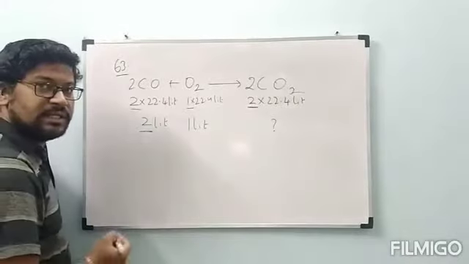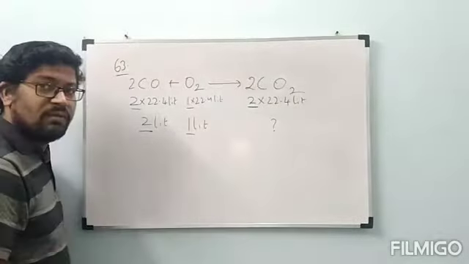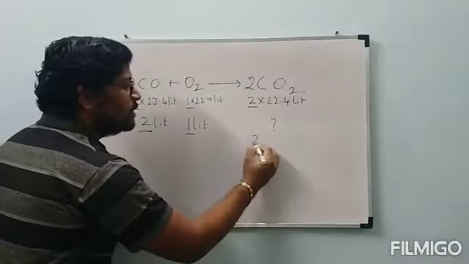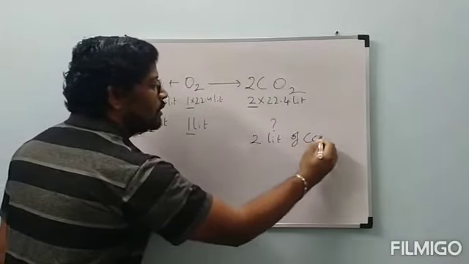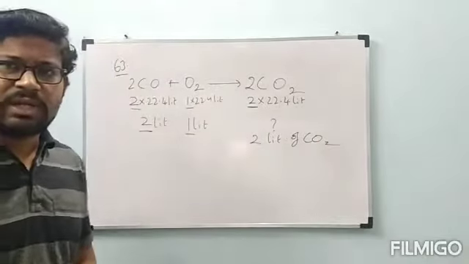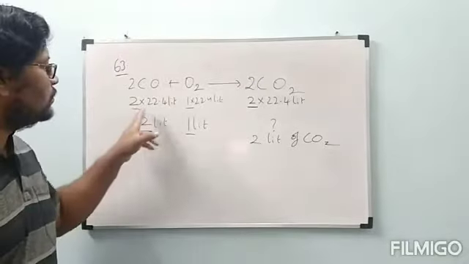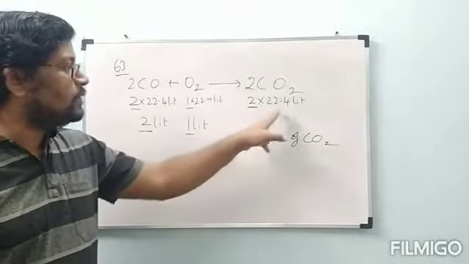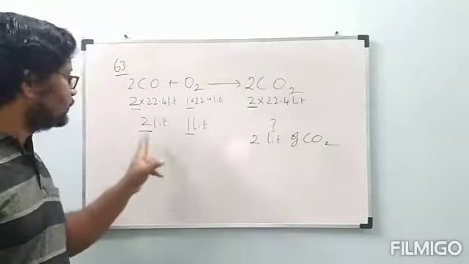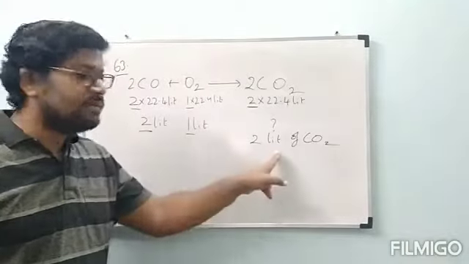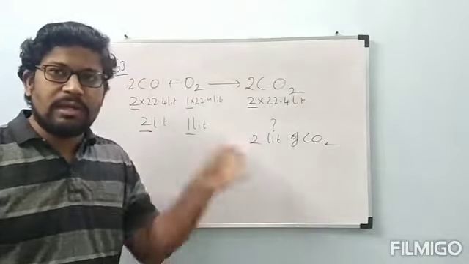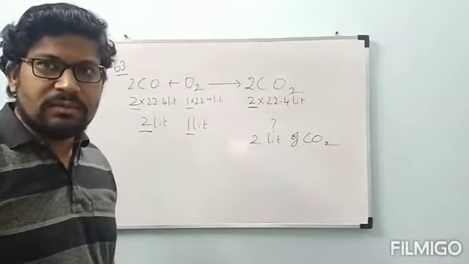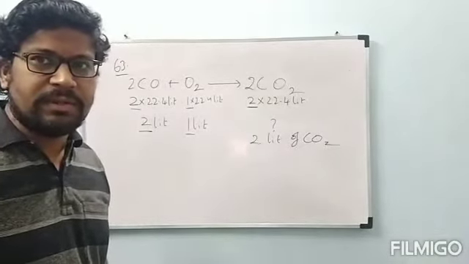Then what is the question they asked? 2 liters react with 1 liter of oxygen, how much carbon dioxide will we get? These are in liters now, so we will get 2 liters of carbon dioxide. Further, no need to do the calculation, simple it is. The ratio is 2, 1, 2: 2 into 22.4, 1 into 22.4, 2 into 22.4. According to that, 2 liters and 1 liter will give 2 liters of CO2. In this way, this problem can be completed. Everything is related with volume terms now, that is called volume relationship. Now next one.